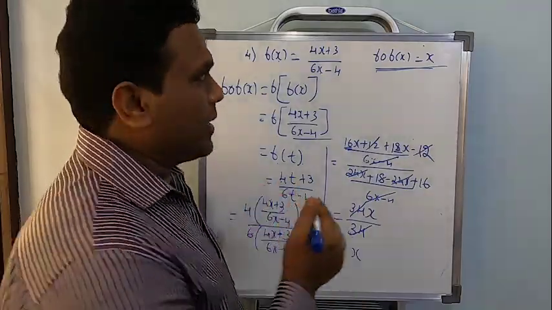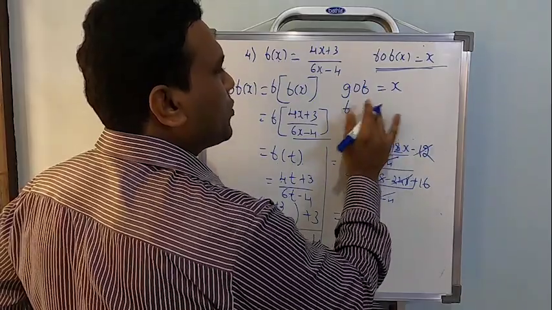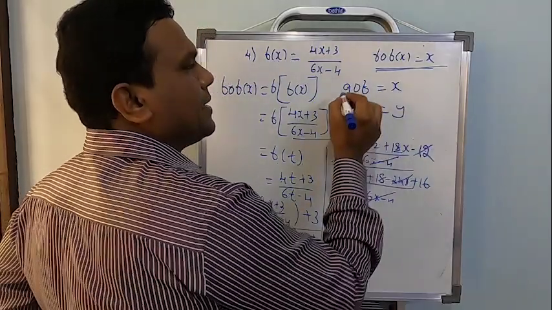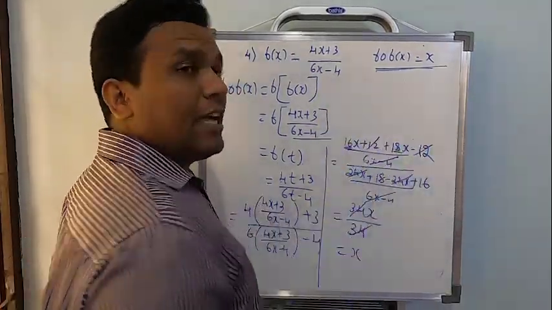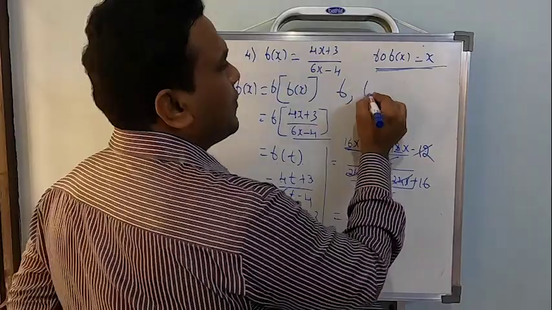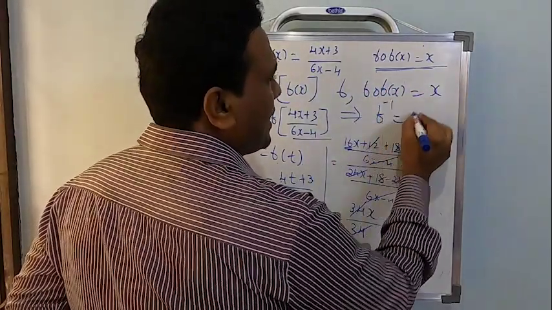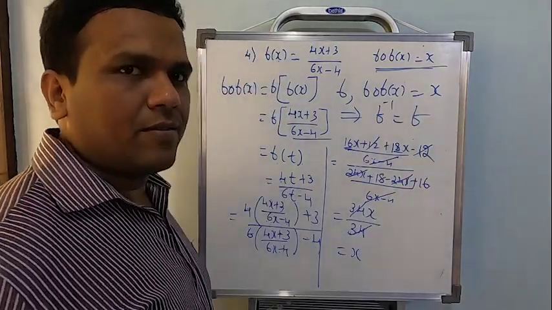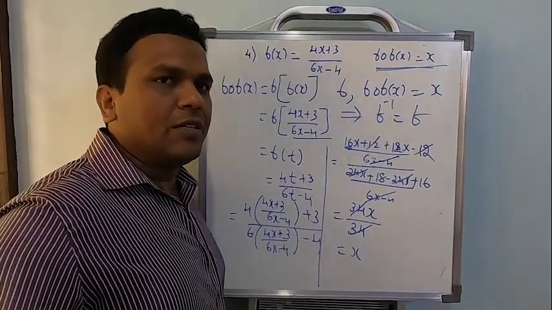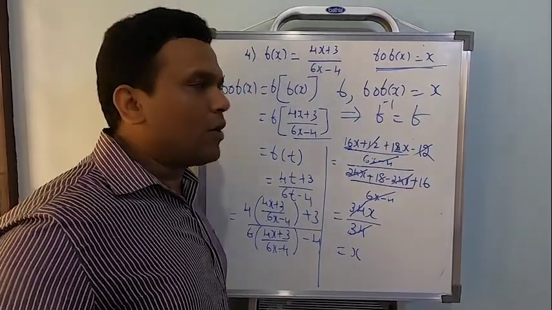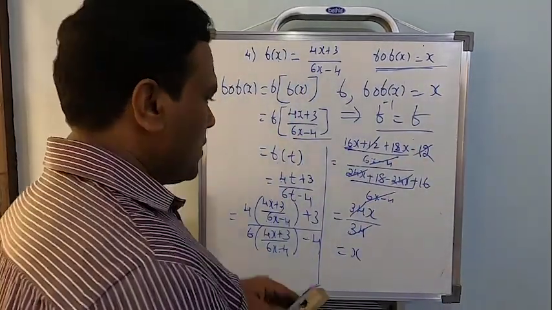Remember what I started today. In case g of f equal to x, f of g equal to x, then g will be called the inverse of f. But here, what is it we are getting? If I am able to get, for a given function, f of f of x equal to x, then this says inverse of f will be itself. So remember students, you will do a composition of the function with the same function, and if you are getting x, then you have to conclude that inverse of f is going to be f. Right.